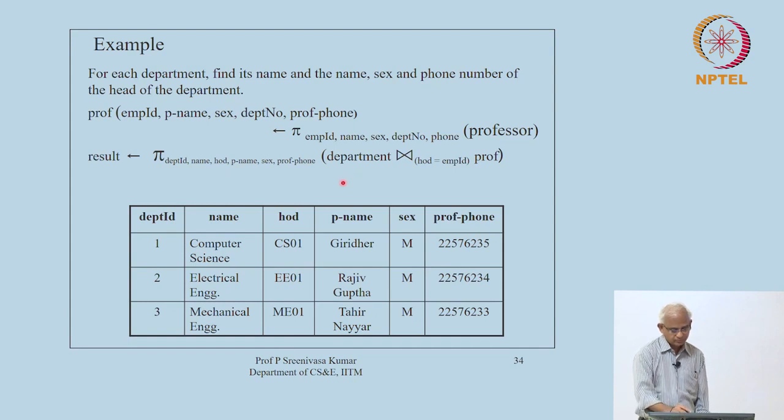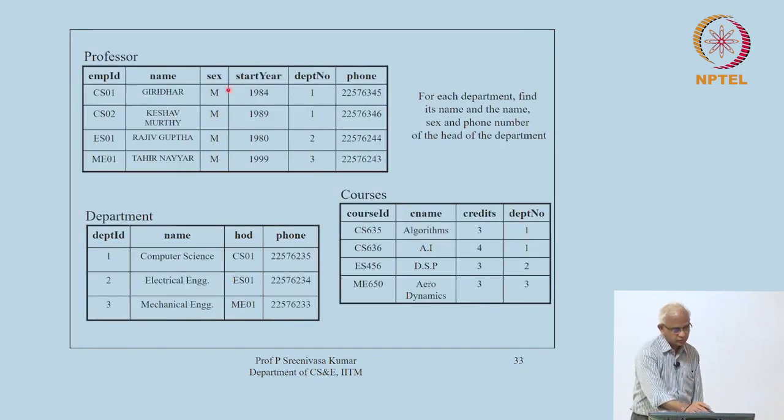Before we do that, some renaming is necessary, because there are some common attribute names between these two relations. Name is common, the attribute name is common here. And what else is common? Phone is common. Phone is also a common attribute. So, we have to do renaming, because we assume that these attribute lists have to be disjoint. So, we will do appropriate renaming, and then